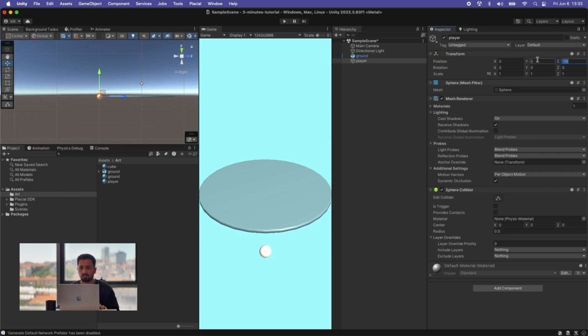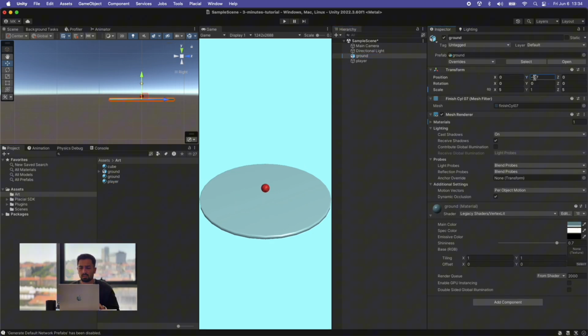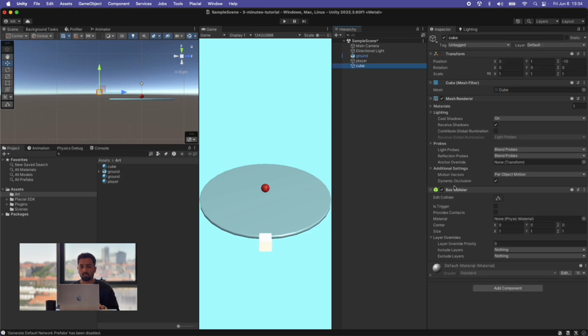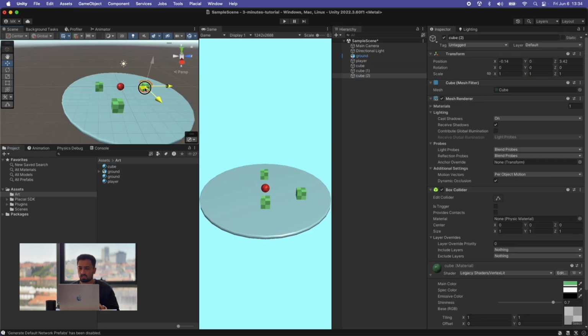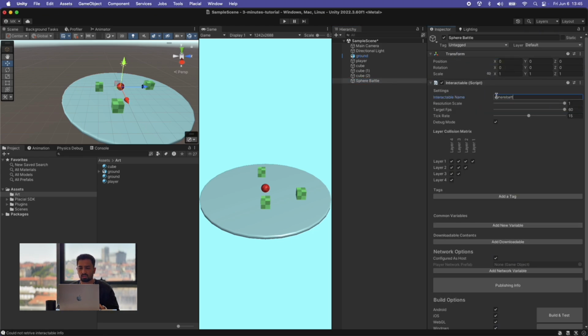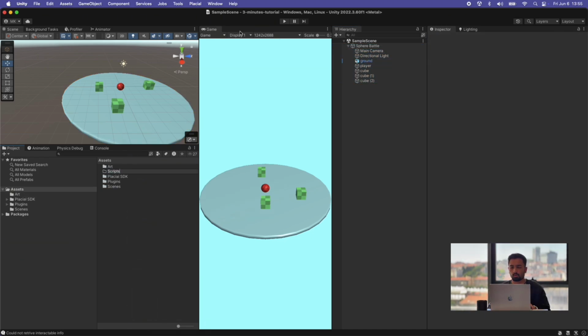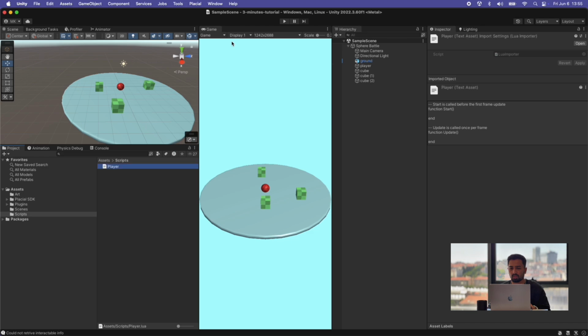setting its position, assigning material, lowering the ground a bit, adding free cubes to the game, assigning material, duplicating cubes and setting positions, creating an empty object and resetting its transform, adding the required interactable script and naming the game, moving all other objects under it, creating a folder for scripts, creating a new Lua script and naming it, adding